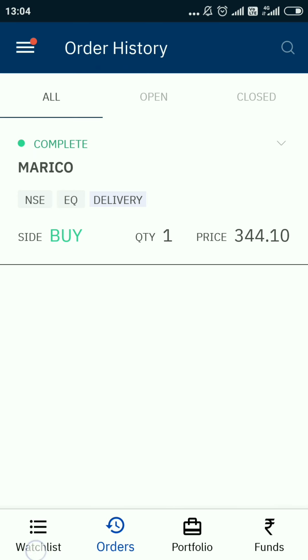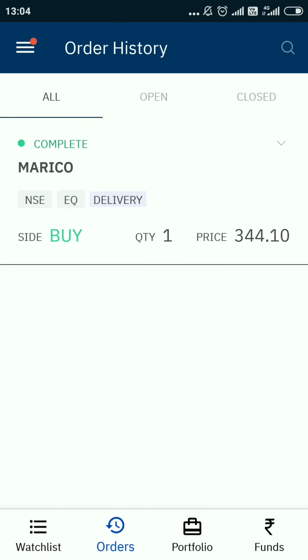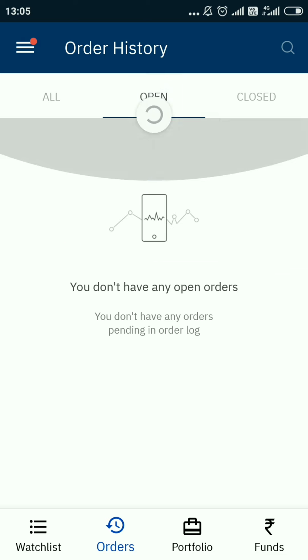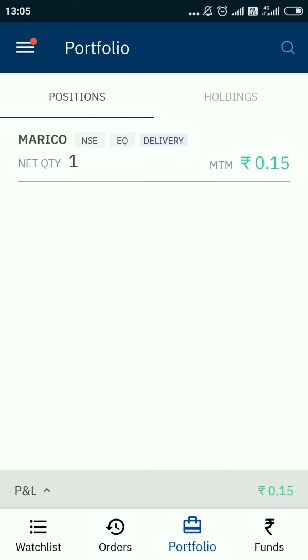That's it. Here on the bottom side you see the navigation tab: this is the watch list, this is your orders tab. You have to check one thing after buying, that it should indicate complete. Above the name of the share there should be nothing in open and close this. Your order is completed and you have bought one share at 344. Now if you click on the portfolio section right next to the orders, you will see the share appearing in